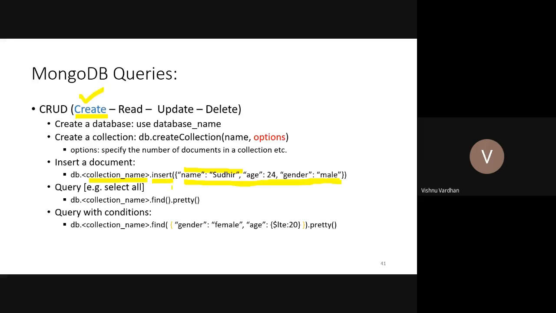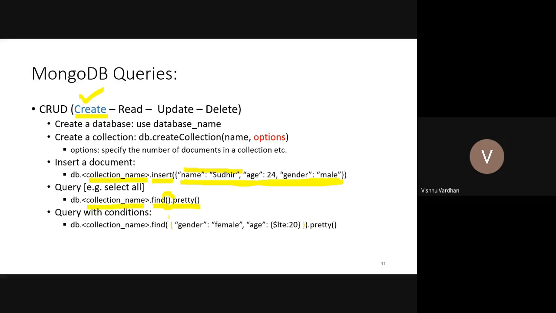Then, how do we find out whether it is properly saved or not? You can call the query find, and pretty simply beautifies the JSON in a neatly aligned format. That is what pretty does. Otherwise, you can simply call find. The collection name dot find will give back the entire result matching the criteria. Here there is no criteria given, so it is going to give all the documents. We have not given any parameter in the find method, so it is going to fetch all the records available in this collection.